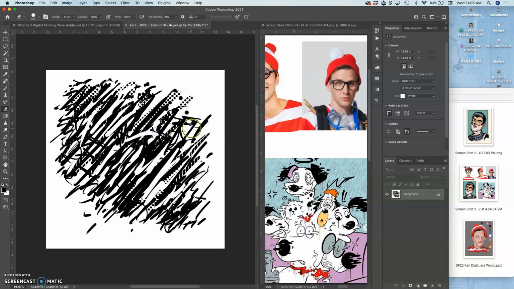because since it's a background layer, I can always erase from it and just get back to white. I'll just do a few erasers. Not too many. Something like that. All right, now